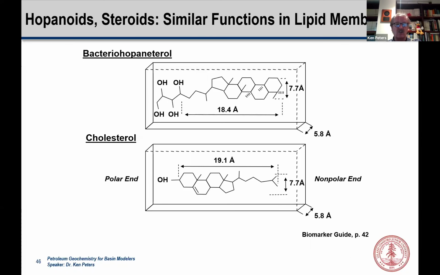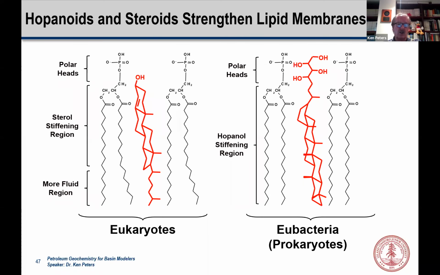And what you actually see is if you go to the eukaryotes, this is the one portion of that membrane. Here's your polar head on the phospholipid, and there are those long chain alkanes on the phospholipid. And then right next to it, the polar side is the OH group on the sterol. And they hang like that inside that half of the membrane that we're looking at, the polar head in the more fluid region, and the sterol sort of stiffens the membrane and helps protect it from attack. The same thing in the eubacteria, the prokaryotes, except now the polar part of it is this side